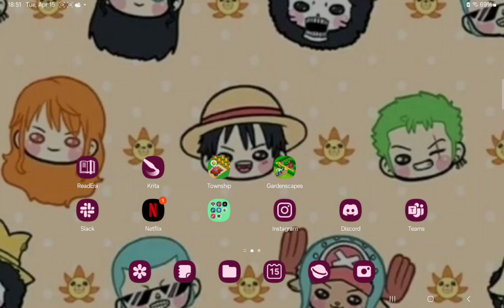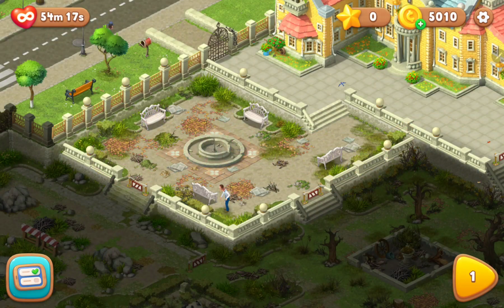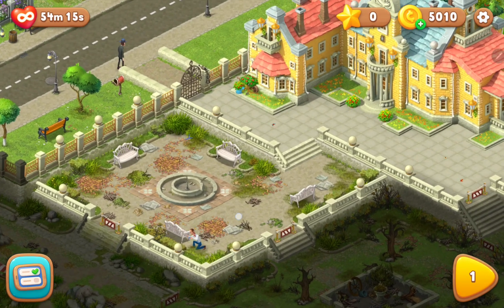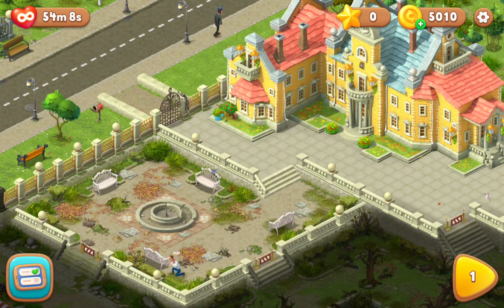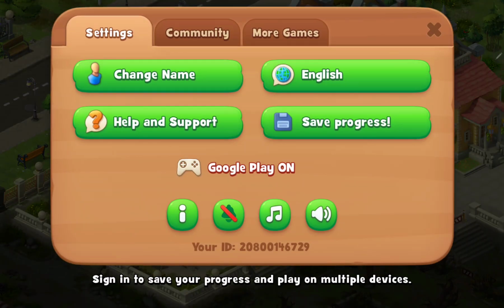First of all, open the application on your device. That's my garden, and now if you want to find the help and support section, the frequently asked questions and the others, click the settings icon at the upper right corner of the screen, and in the settings section you can find the second button, the help and support, under the change name. Click that,